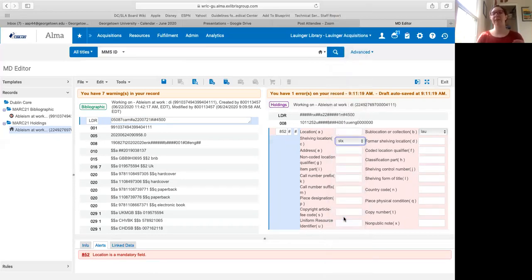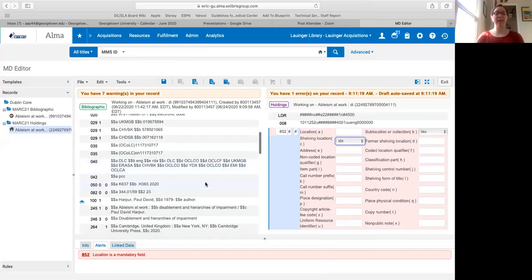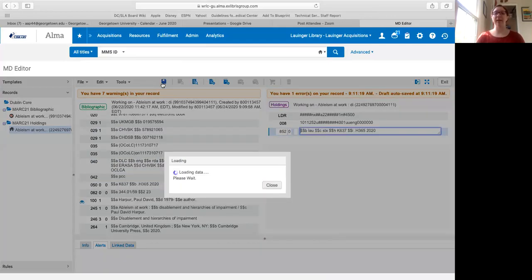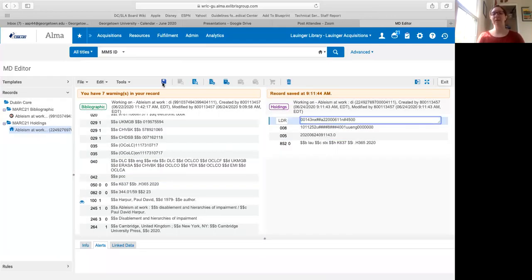So I'm just going to scroll all the way down and click on that. You can also type it in. Some people prefer to type it in. And then what I do, because there is a 050 here that I know is an accurate call number because I already checked that in OCLC, I can just hit the save icon and it automatically populates the 852 with